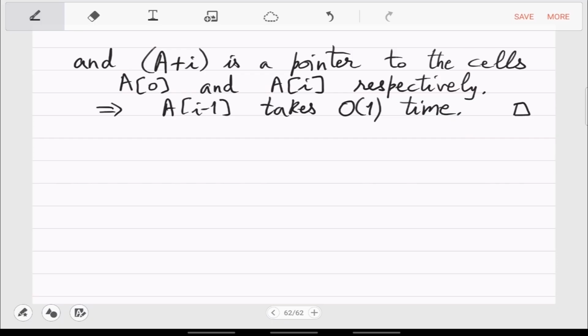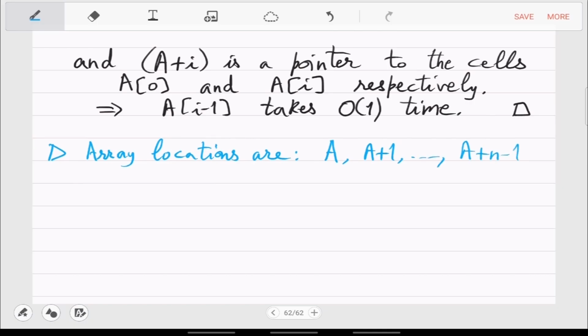Yes, so you should remember that array locations are A, A plus 1, dot dot, A plus n minus 1, in the address notation.